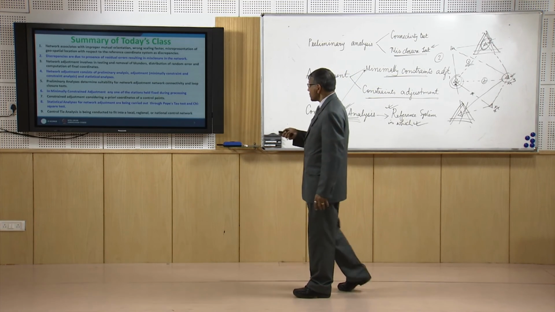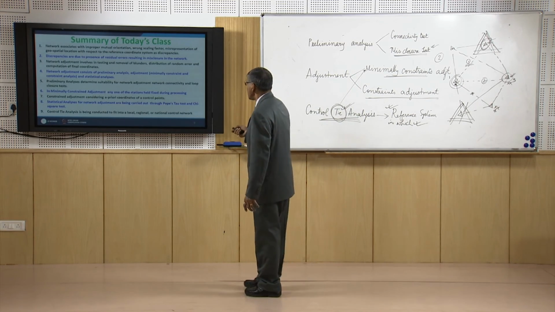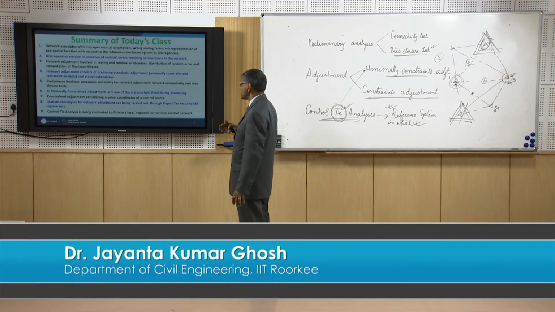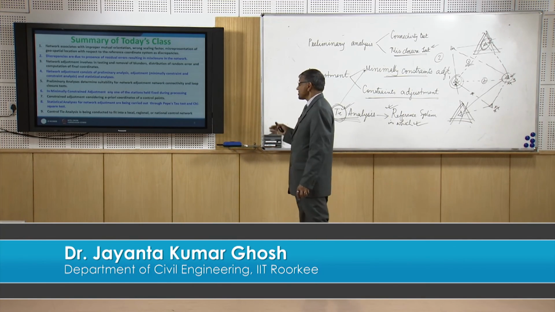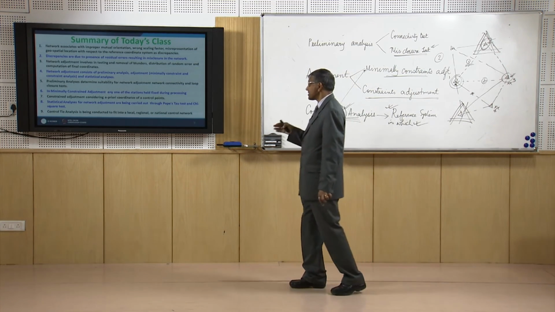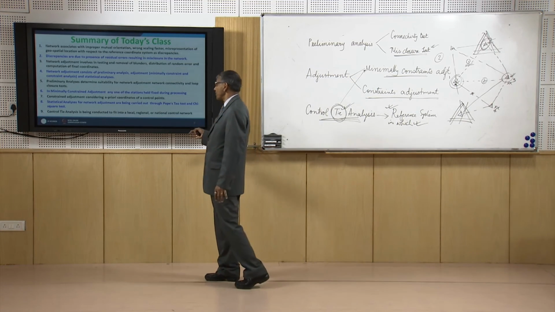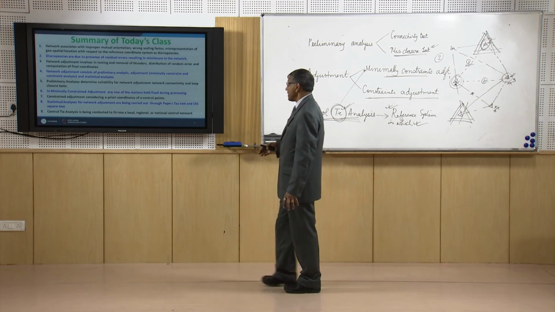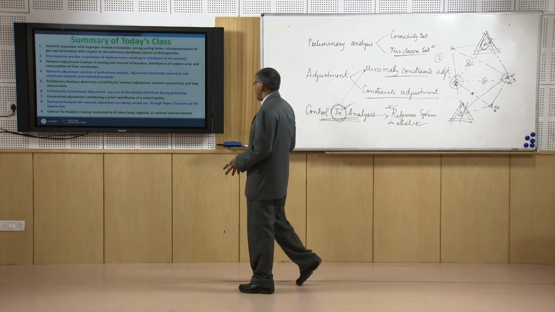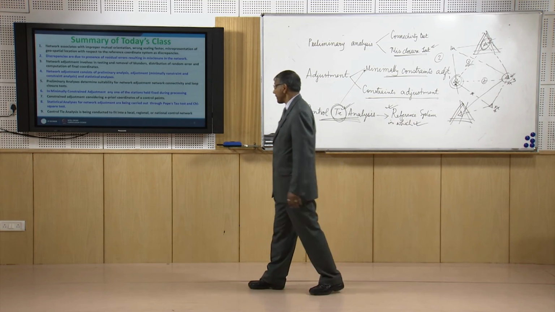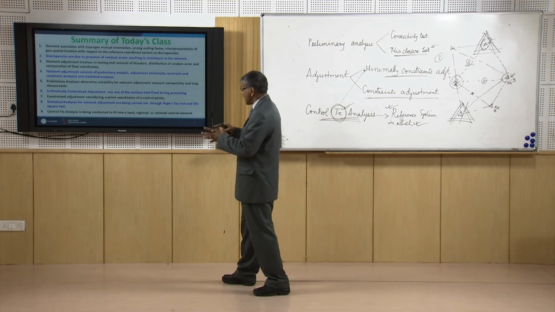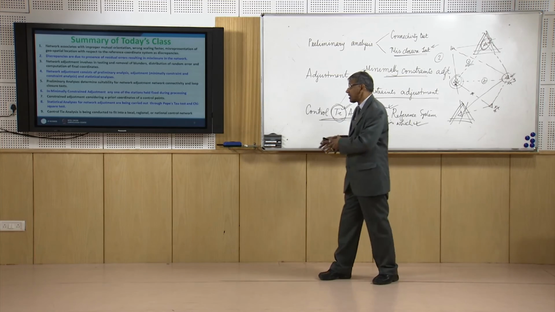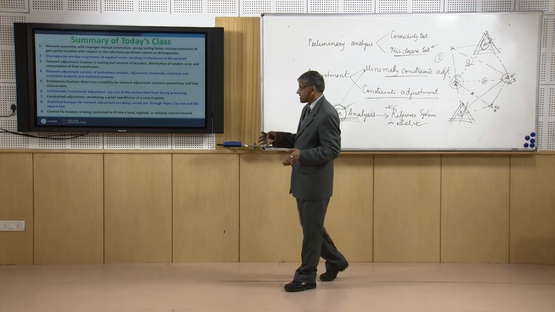In preliminary analysis we determine the stability of the network, connectivity and loop closure test. In minimally constraint adjustment, any one of the stations is held fixed during processing. In constraint adjustment, a priori coordinates of a control point are considered or held fixed, and statistical analysis is carried out through tau test and chi-square test, and finally control tie analysis is conducted to fit the network to a local, regional or national control network as desired.